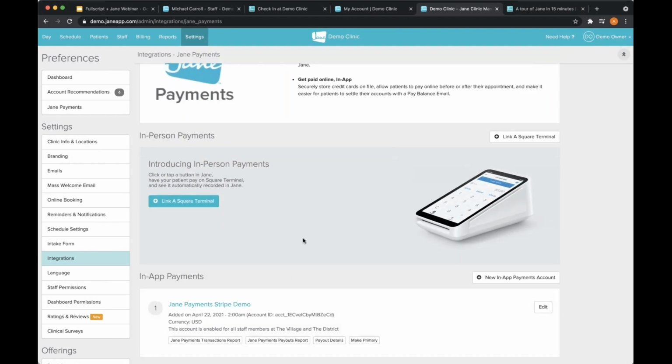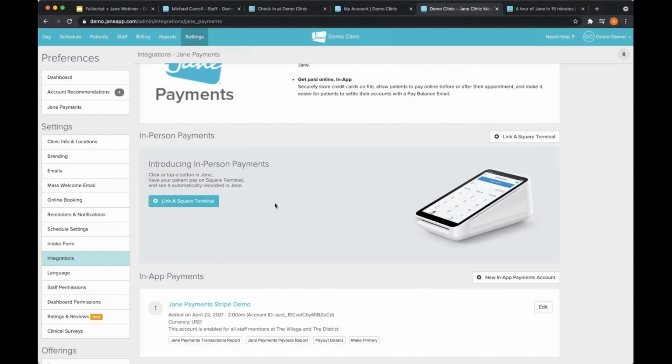If you know anything about those payment integrations, they're top of the line, well-regarded companies when it comes to processing credit cards. And since these are integrations, there's actually no credit card information stored in Jane. There's just a token of each patient's credit card. You can think of it as the last 4 numbers of a patient's credit card being on a patient's file, and that's it.